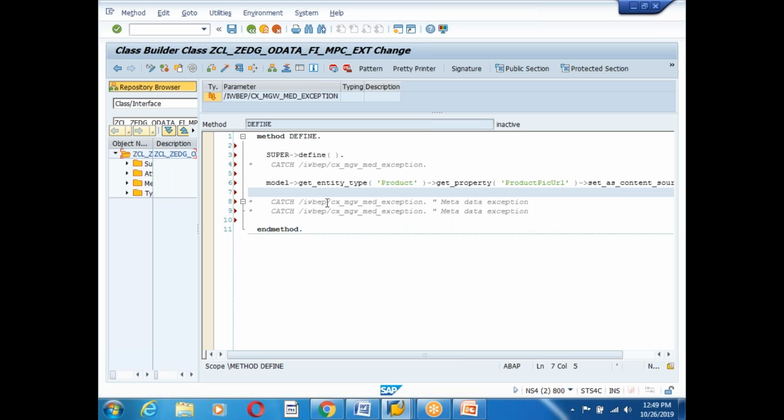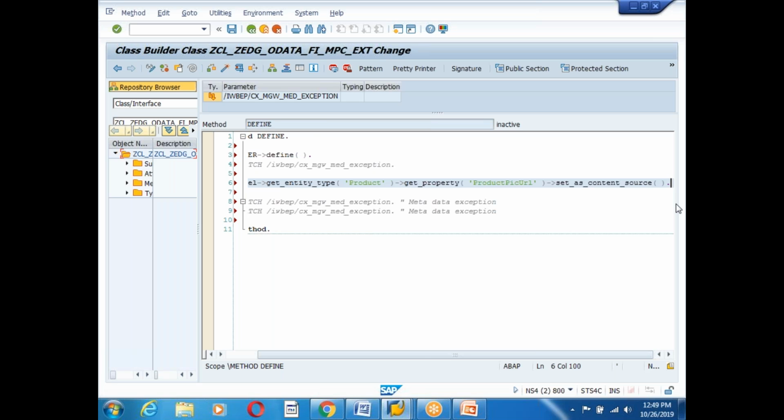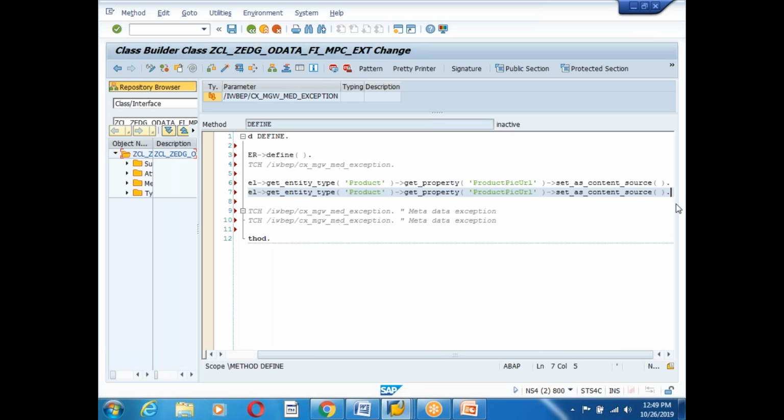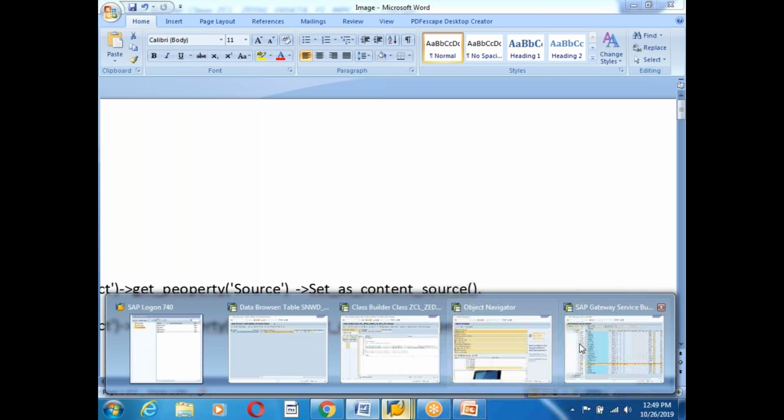Next one is I need to set the same thing, and I need to set what is the content type. So content type is this is a MIME repository. So I need to set as a MIME repository type, guys. So what is the MIME repository type? Get property, and there is a content type for the MIME repository. If you go to the table,